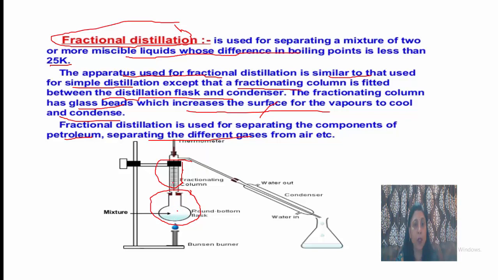Alcohol will start forming vapors. The vapors will pass through this fractionating column. There they will condense and this alcohol will be collected in this. When all the alcohol has come out, the temperature will start rising to 100 degrees Celsius. Now the water will start evaporating and in this fractionating column it will condense and then water will collect. Means if this will be changed, new flask will be kept and water will be collected in that flask. Okay,